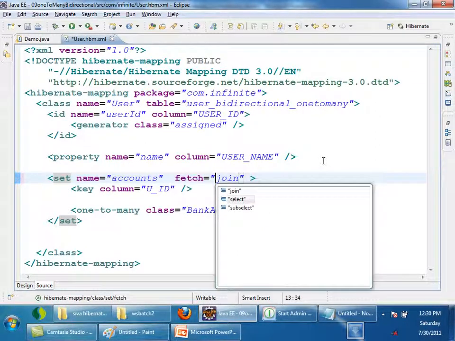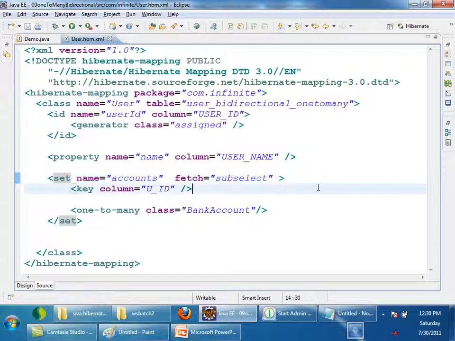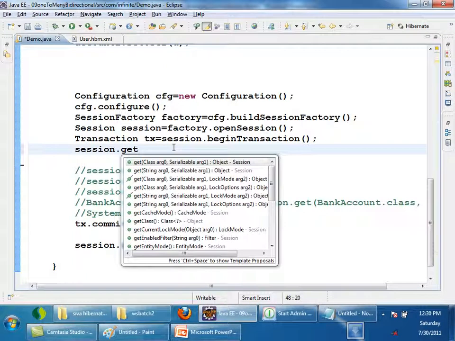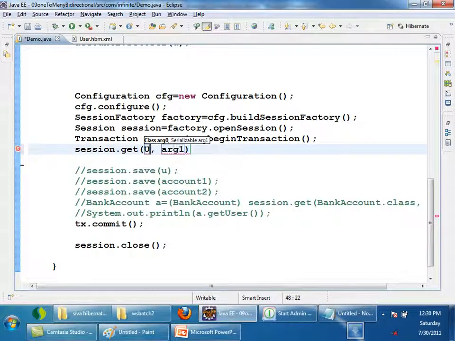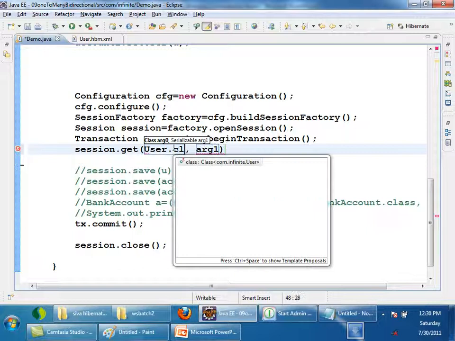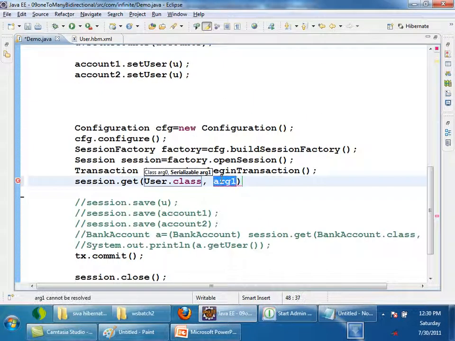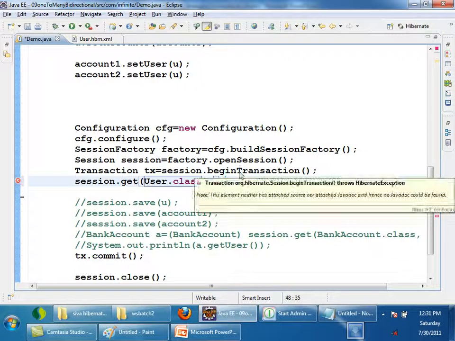Fetch is equal to subselect. First I will do it again. Let us run this. Session dot get, I will get user dot class. What is the value I give? 4. I will get a user whose ID is 4.